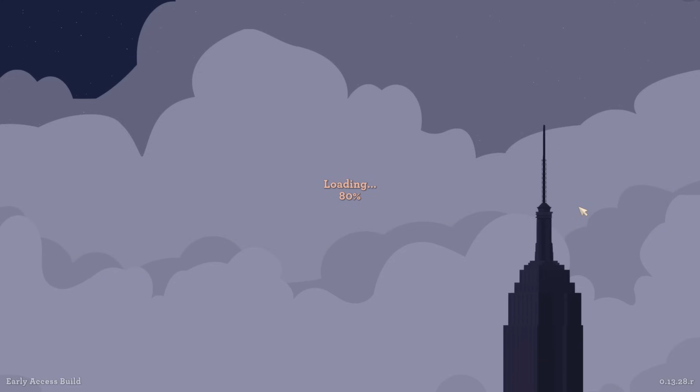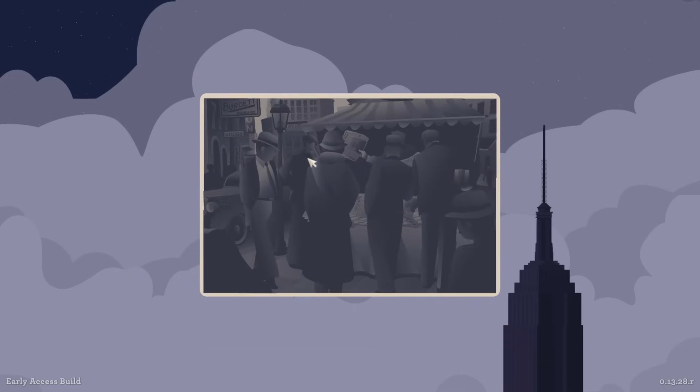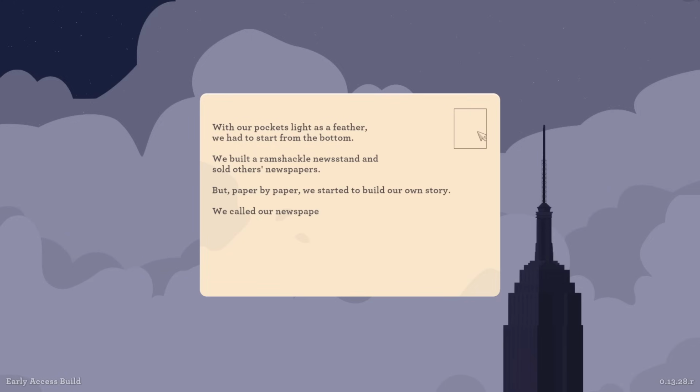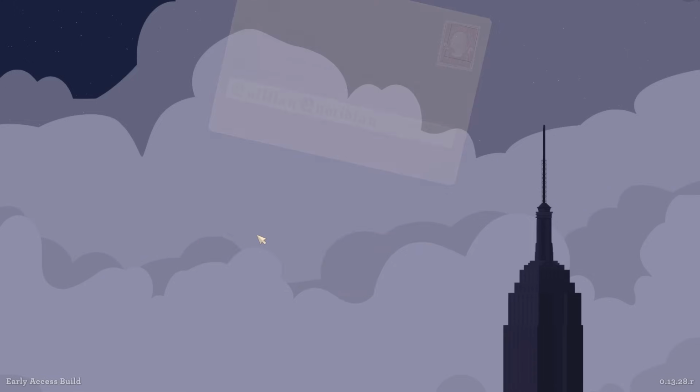The first thing it's going to do is ask us for the name of our newspaper. I like these little postcards. A lot of the backstory is told through these postcards as well. "With our pockets light as a feather, we had to start from the bottom. We built a ramshackle newsstand and sold others' newspapers. But paper by paper, we started to build our own story. We called our newspaper the Quillian